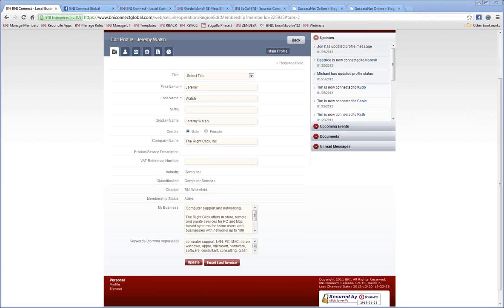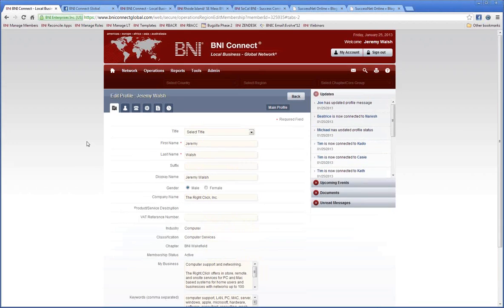Laura asks, is there a way to get a printer-friendly version of the bio? Absolutely there is. Now, the place to get a printer-friendly version, there is a report called the Member Details Report, and this is also how you would do a gains exchange with a member of your chapter before a one-to-one with them. So if I go to Reports, Chapter, and this could also be on your shortcut menu on the home screen,